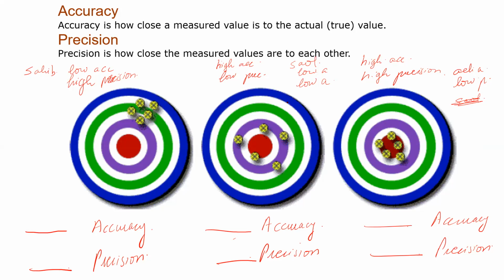Ma'am, Amna. In the first one, you said accuracy is low and precision is high. In the second one, accuracy is low and precision is also low. In the third one, both are high. Amna, you are saying accuracy is low and precision is low, and the third one is both high, the same. Okay, you agree with the third one. You only differ in the second one. Okay, anyone else?